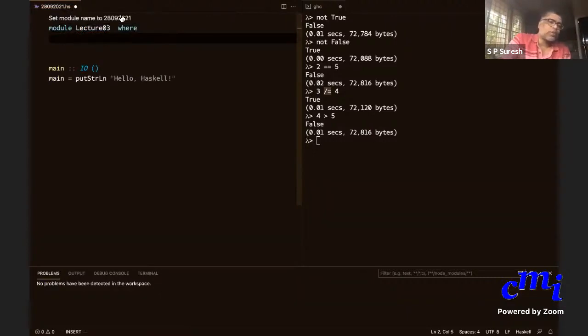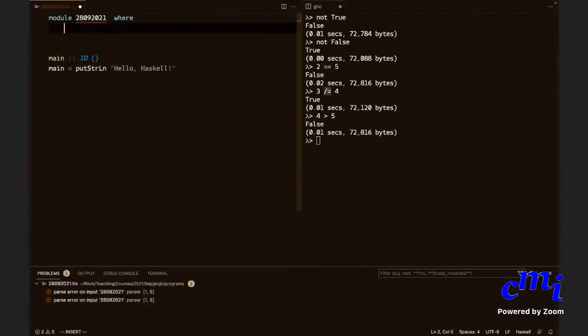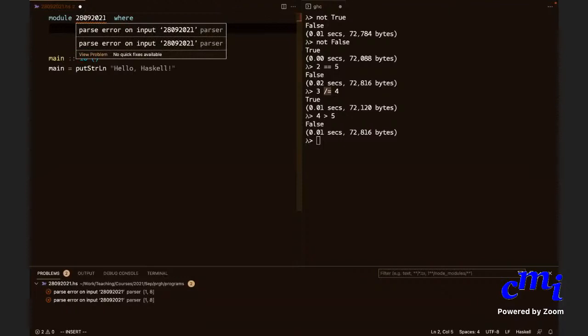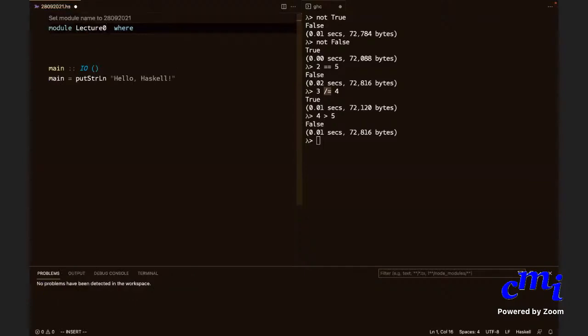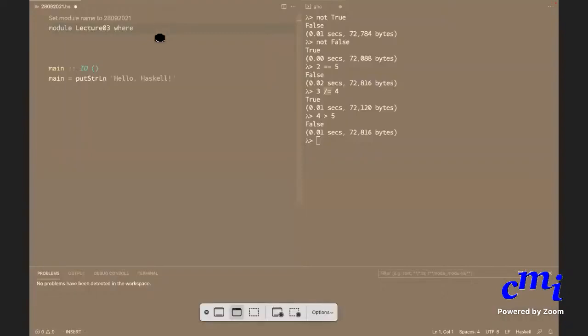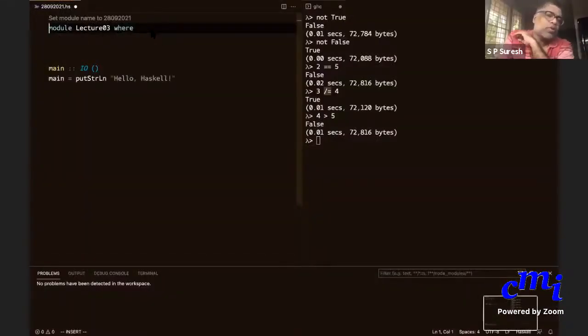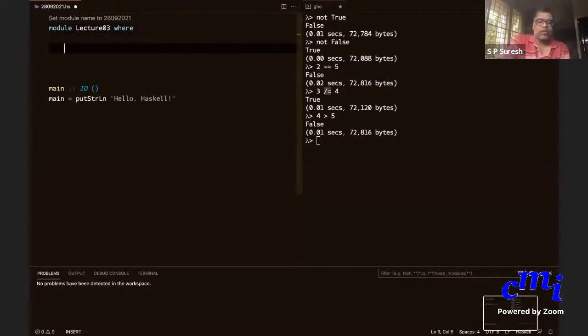It wants me to set the module name to that, and then when I do that, it says it's an error. Anyway, it doesn't matter. Let me just ignore that.